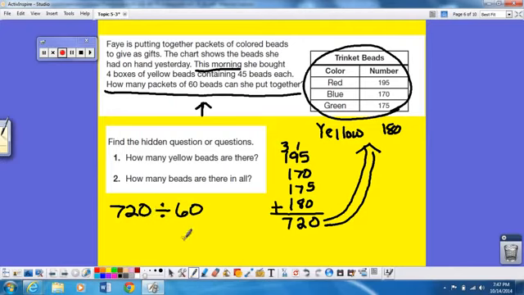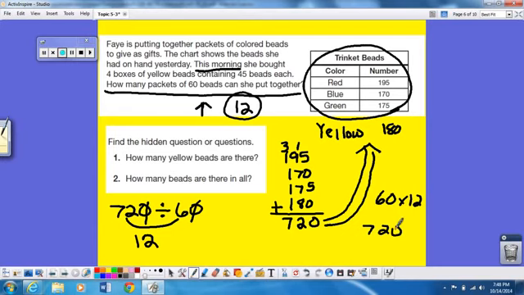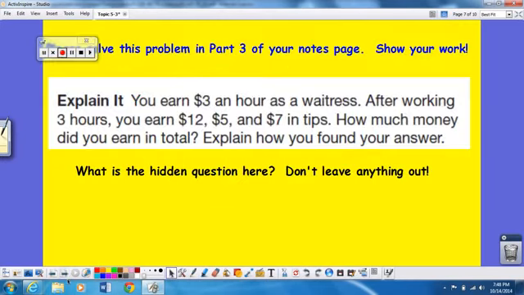72 divided by 6 is a familiar fact. Answer is 12. When you're dividing, you cancel. So our answer is, how many packets of 60 beads can she put together? 12 packets, because 12 times 60 is 720. 12 times 6 is 72. Add your 0. Okay, hopefully this has helped with word problems, and how if you just take the time to break those